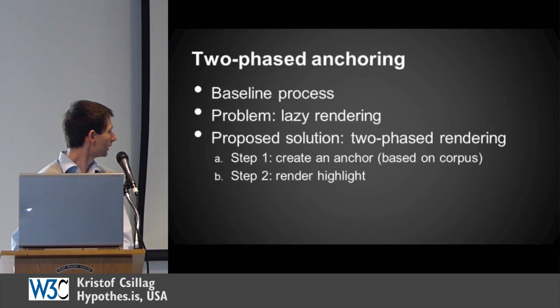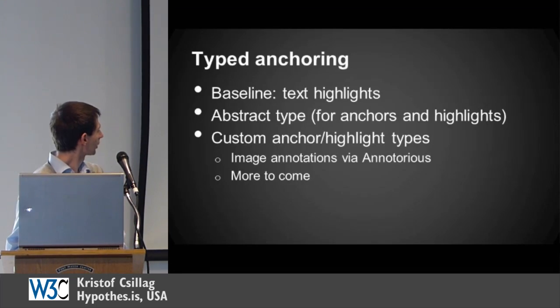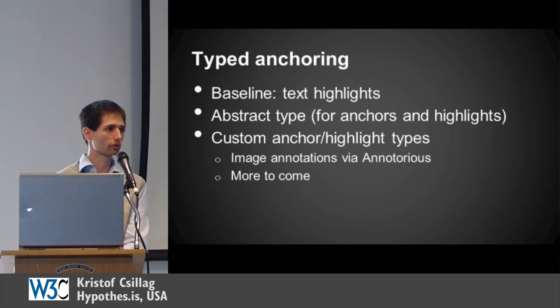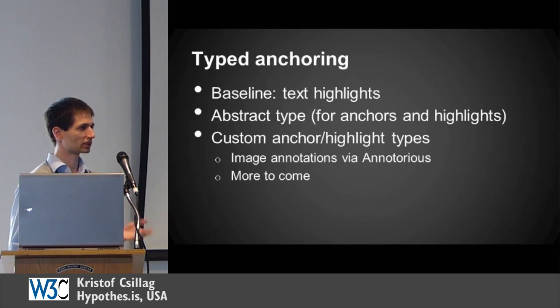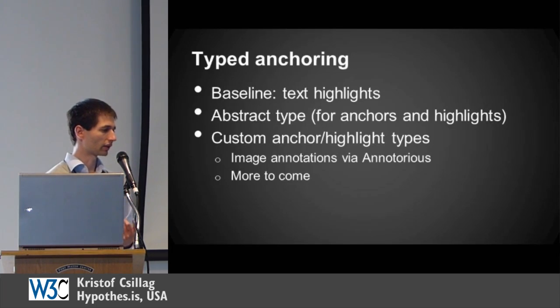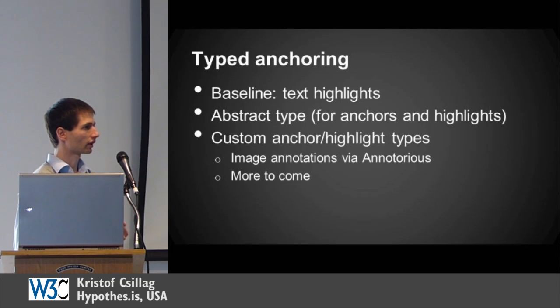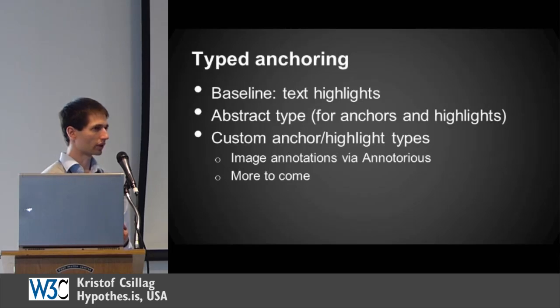So first we determine where the annotations go, that's called an anchor, and then we actually render the highlight when the HTML is really rendered. So moving along to type anchors, the original implementation only supported text annotations, but we can annotate other resources like images. So now every anchor and highlight is an object which implements an abstract interface,